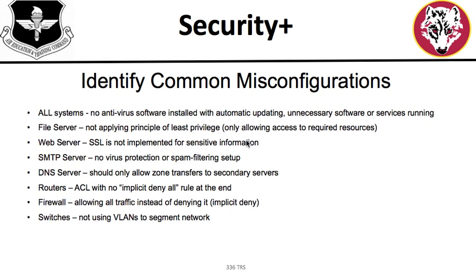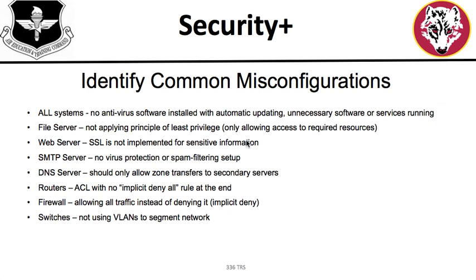Common vulnerabilities associated with systems and devices come from overlooking proper configuration protocols. Misconfigurations can easily lead to opening a system to vulnerabilities. Some of the common misconfigurations are systems with no antivirus software, file servers not applying the principle of least privilege, web servers where SSL is not implemented for sensitive information, SMTP servers without virus protection or spam filtering set up,